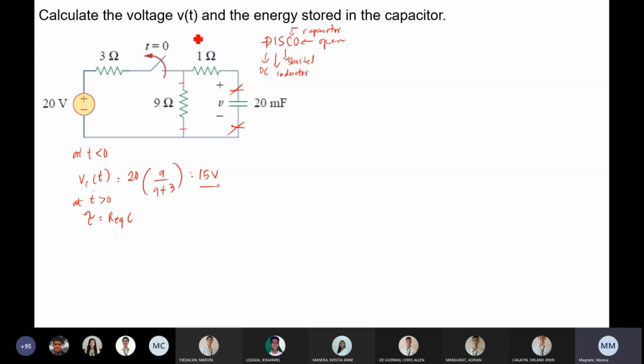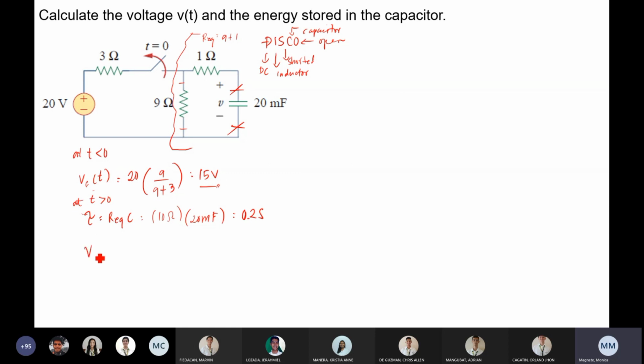So i-consider naman natin itong right part, okay? So yung R equivalent dito sa right part na ito is 9 plus 1. Okay? Ulit ko, yung R equivalent natin is 9 plus 1. So that is 10 ohms times yung capacitance natin is 20 millifarad. So, saan equal ngayon yung tau natin? 0.2 seconds. Okay? So, meron na tayong tau, tapos meron na tayong initial na value ng ating